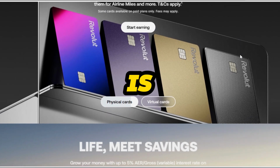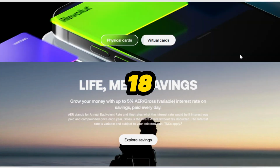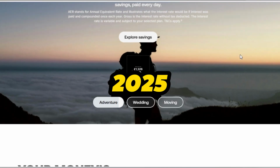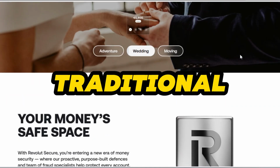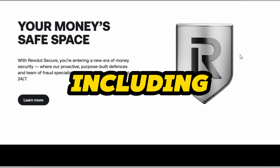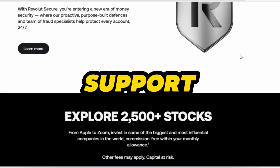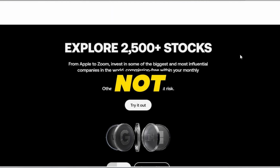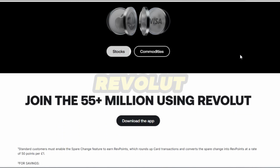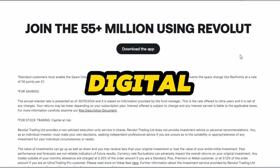Now, is Bizum available on Revolut 18? Unfortunately, the answer is no. As of 2025, Bizum is only available through traditional Spanish banks that are part of the Bizum network. Revolut, including Revolut 18, does not currently support Bizum. Why not? Because Bizum requires integration with Spanish banking infrastructure, and Revolut operates as an international digital bank that doesn't